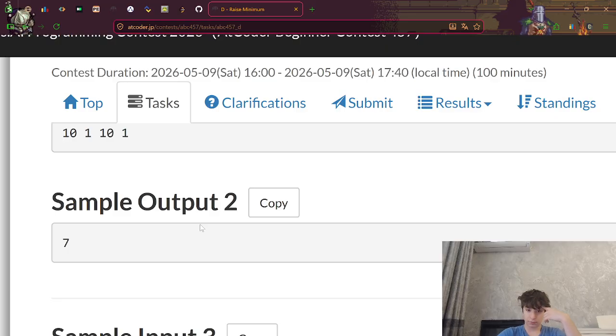Oh, wait a minute. Yup, 3. Right now my array is going to look like this: 3, 4, 3, 4, and 5. And I think the maximum is 3.